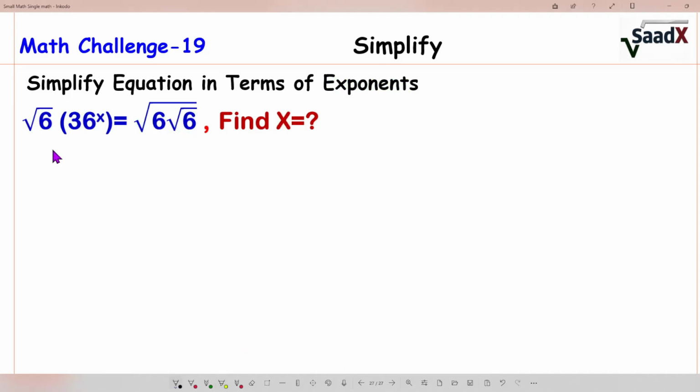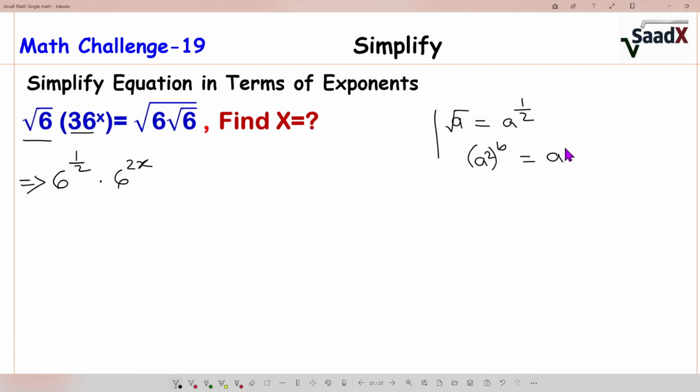Let's start. First, look, here is a root 6. Against this one we can write 6 to the power 1 by 2. Why? We know root a means a to the power 1 by 2. Times this is 36 to the power x. This one we can write 6 square x. How? We know a square to the power, suppose b, this one we can write a to the power